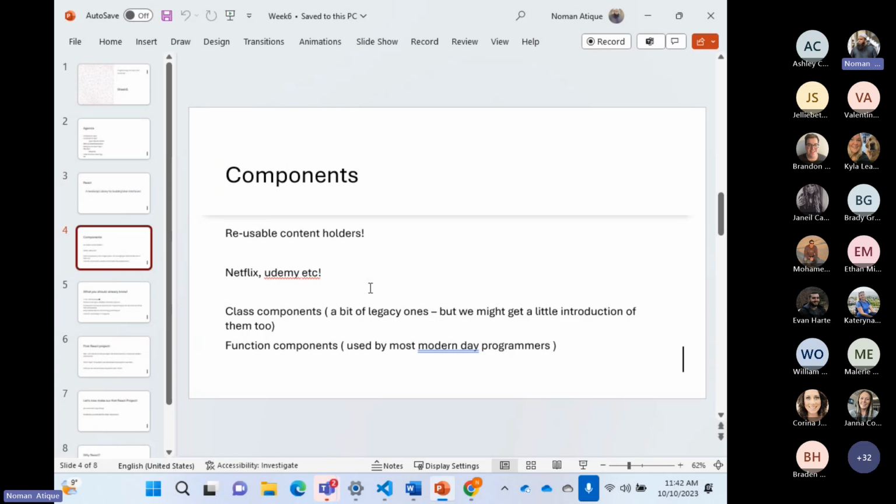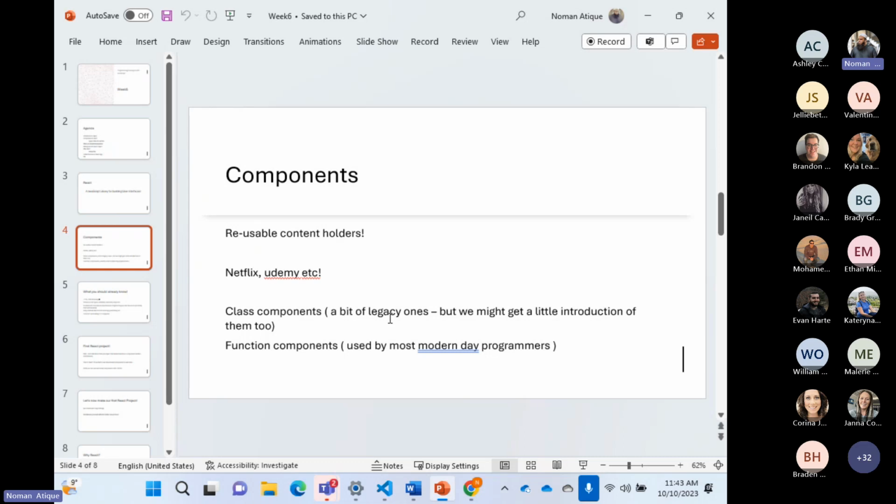Okay. So that means that if I want reusable components in my web page, I would go for React. But again, there is a whole lot of story behind that. So this is the first answer. I'll just use the Udemy example so you can see how the pages are updated. Components can be of two types, by the way. We'll talk about both of them.